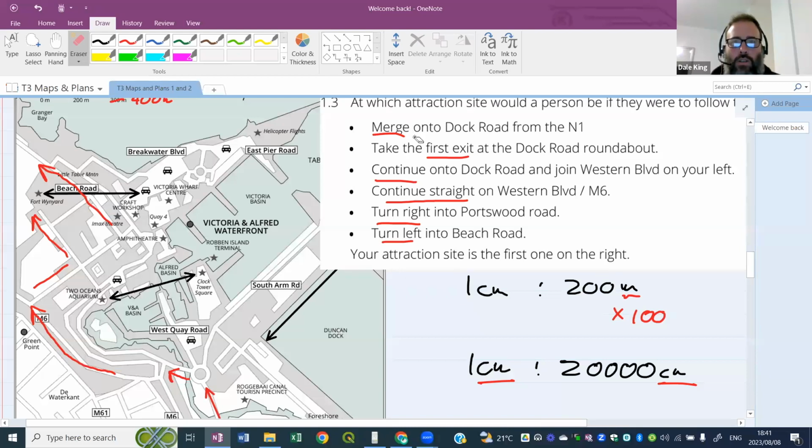But what I wanted you guys to see were the words they use to help with directions, because they often give you a question where they say the person needs to go from point A to point B, write directions for that person, how to get from point A to point B. And these are the kind of words that we use. So continue, turning right, turning left, merging, first exit, second exit. You can also, remember this, mention